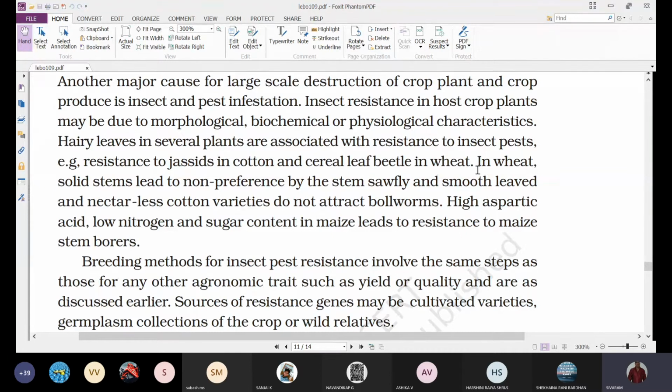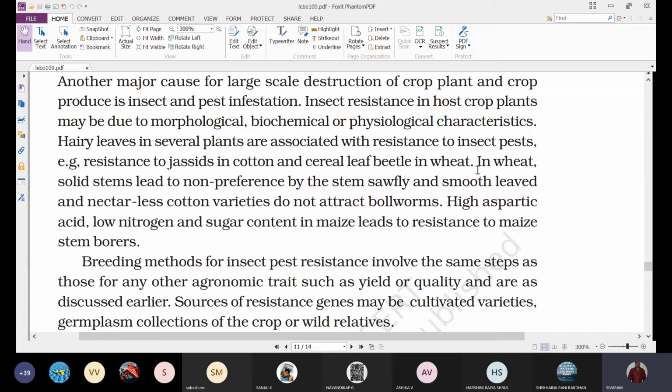If you have hay or dry rice kept in the houses to provide food for the cattle, once you open the dried rice crop plant, we will find a hollow surface in the center of the stem. In the same way in wheat also. Generally they are hollow, but if you develop solid stems, we can protect the wheat crop plants from infestation with the stem sawfly, so that we can prevent the damage by this sawfly.